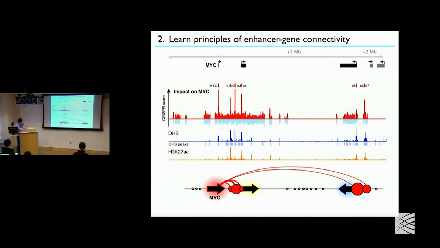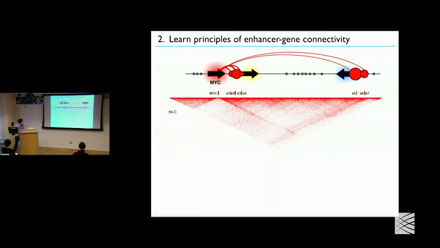Okay, so I'm going to draw this locus like this. The size of the dot approximately corresponds to the quantitative signal in these regions, and these lines are going to connect them to the genes that they actually regulate. So the quantitative signals in these two assays are important, but not really sufficient, for reasons related to this question, which is that we don't really know which window or which distance we should actually care about. Do these enhancers then regulate these genes as well, or how would you end up connecting these particular enhancers to regulate this specific gene as opposed to some of these other genes? Here we want to pull in the 3D conformation of the genome.